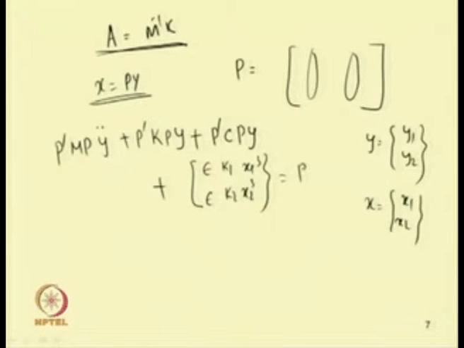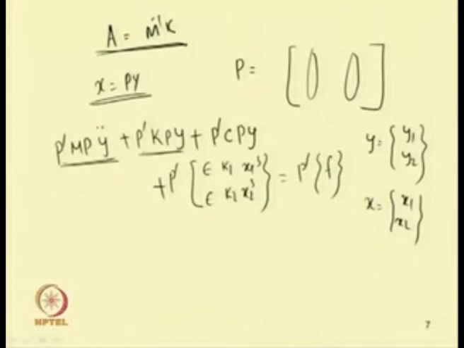Similarly, we have to write this P 1 transpose. So, you have to multiply this P transpose here. So, P 1 transpose, this is the forcing function. This way we can uncouple the mass matrix and stiffness matrix, and we can have an uncoupled equation at least in mass and stiffness.